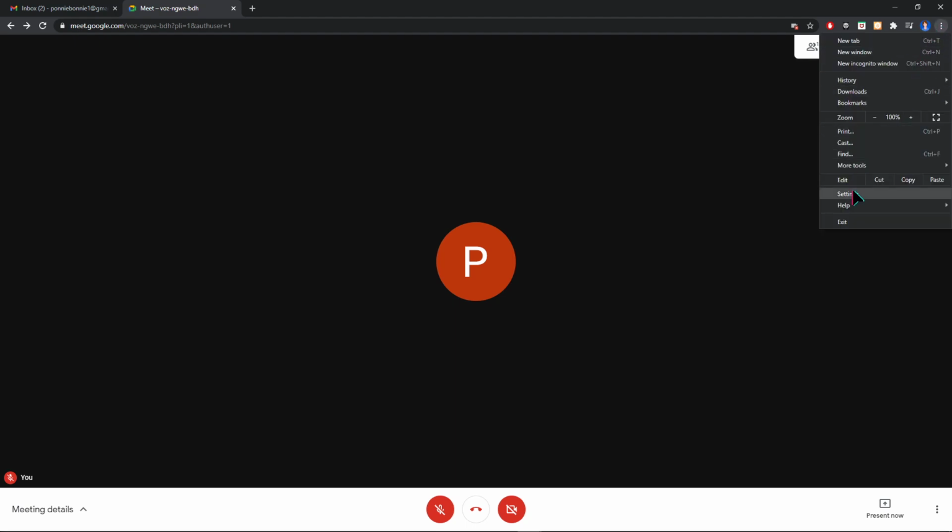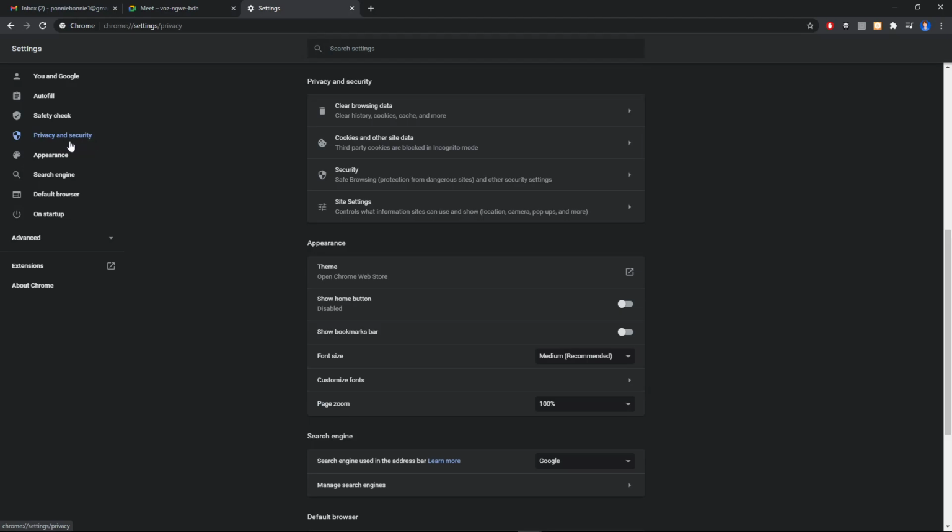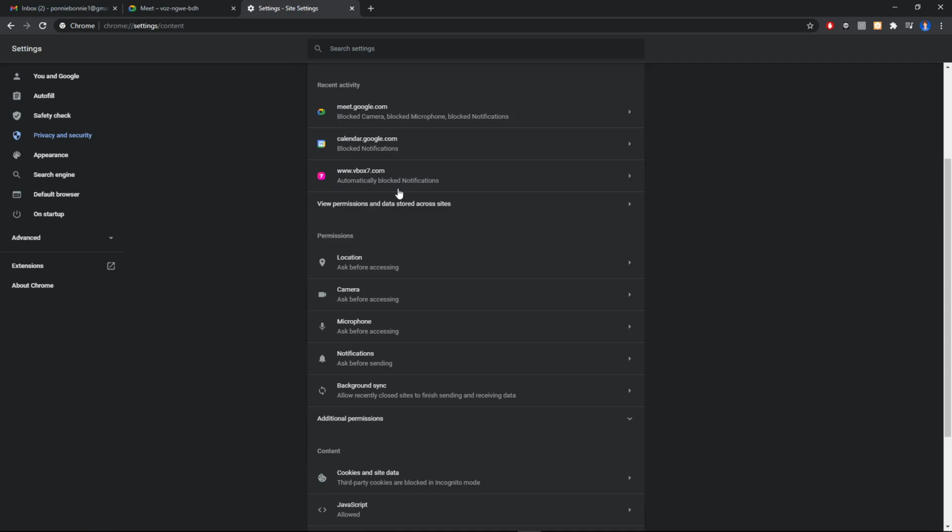First, click here on these three little dots in your top right corner next to your profile picture, and then click on settings. Go into privacy and security here, and then open site settings here. So now